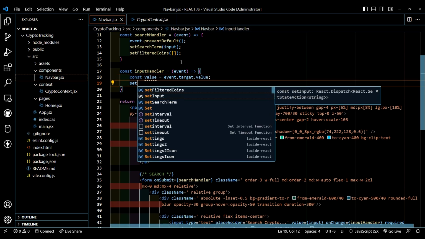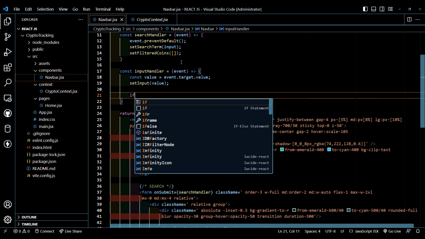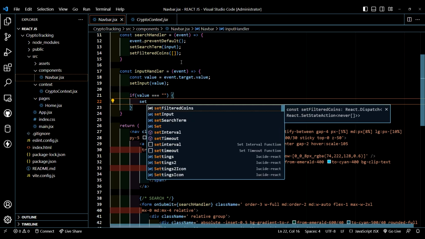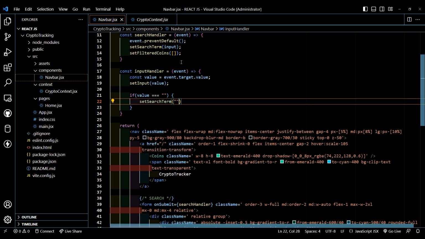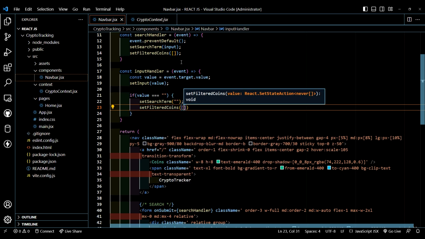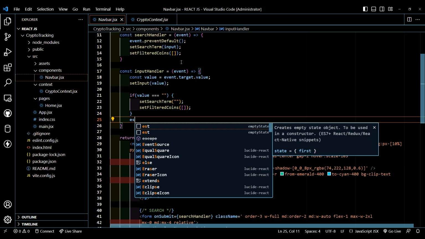Then after this, type setInput will be value. Here let's type if value is equal to empty, then setSearchTerm empty, else then setFilterCoins will be empty array, and in the else block